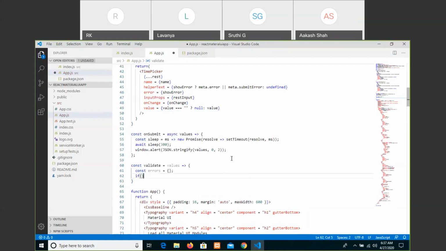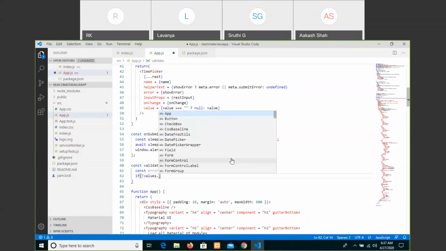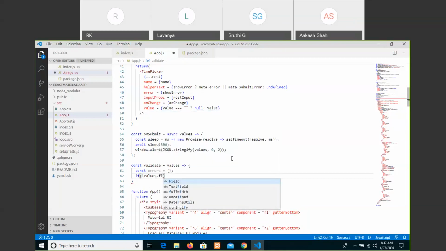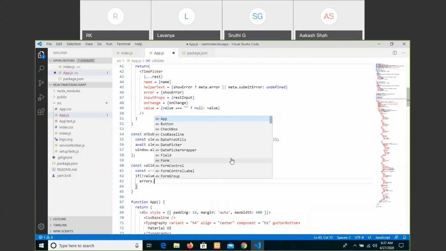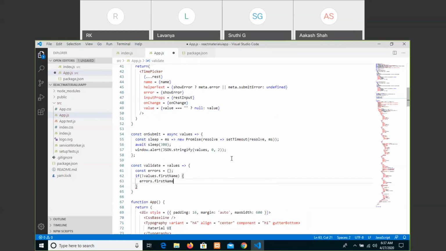If logical not values.firstName, then errors.firstName equals the message saying it is required.